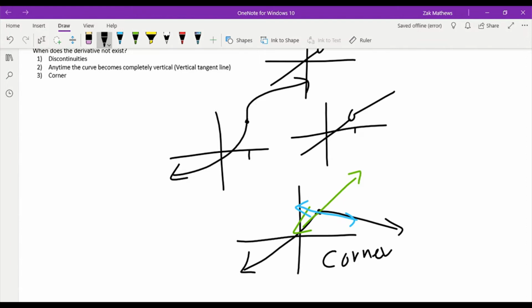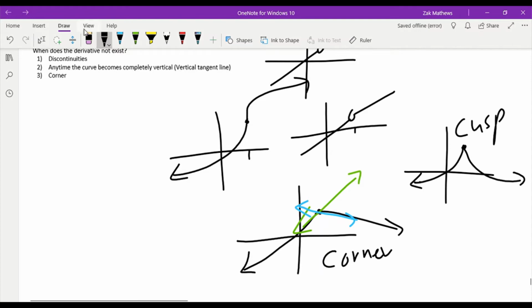Very similar to a corner, but slightly different, are cusps. And so cusps have those two different slopes too, but they're approaching the infinities. So this kind of ties into the vertical tangent lines as well, because they're becoming verticals. But cusps, anytime we're approaching those infinities, it looks kind of the same as a corner because it's sharper, but because they're approaching infinity, we just rename it slightly differently. Other things that we might see,